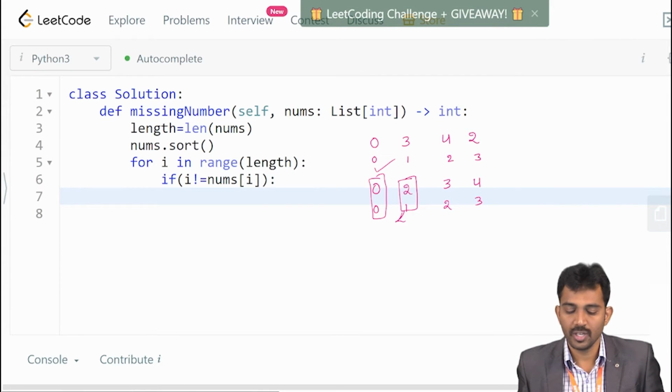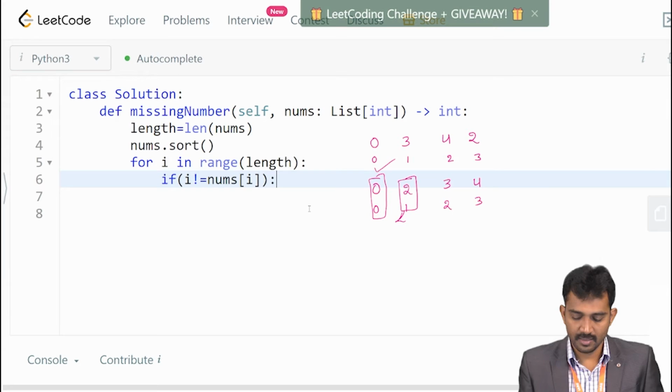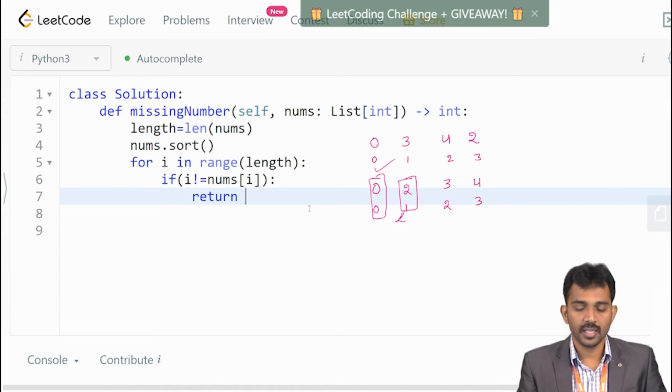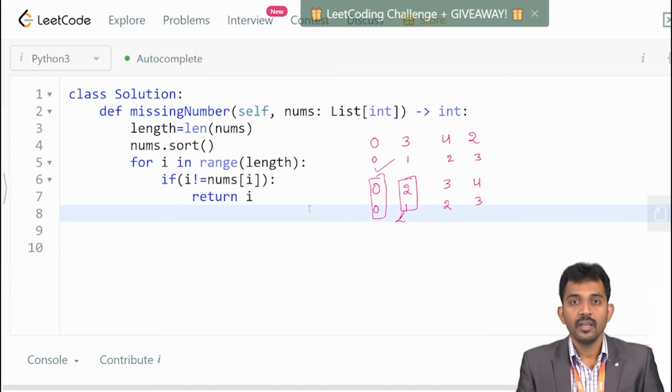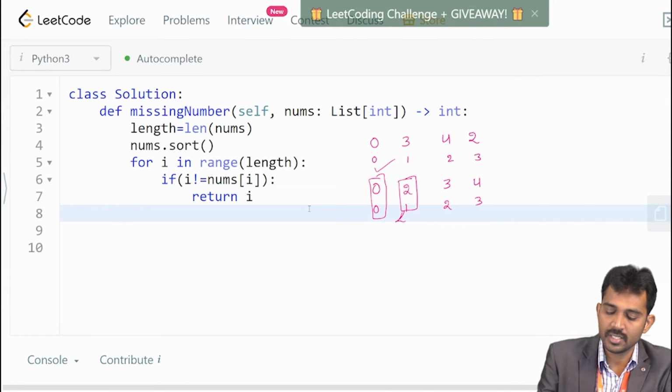In such a case, I simply return i. And if the missing number is at the end, for example if the data is 0, 1, 2, 3, what number is missed here? 4 only.